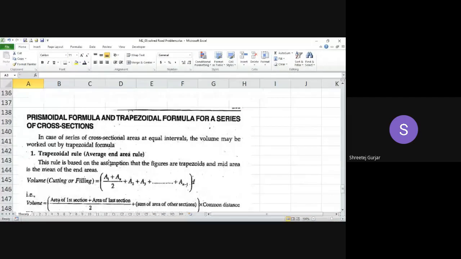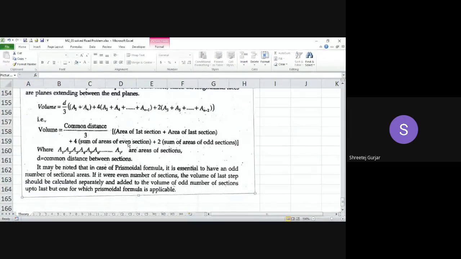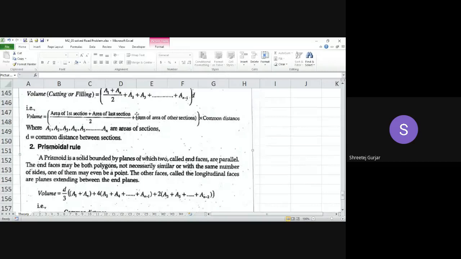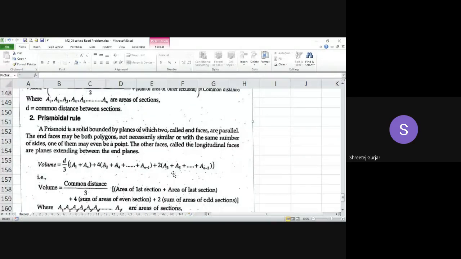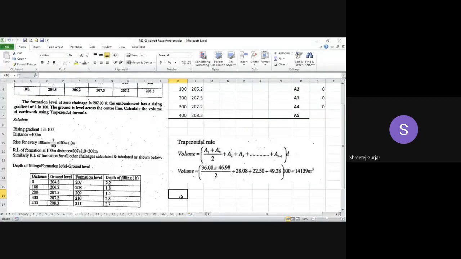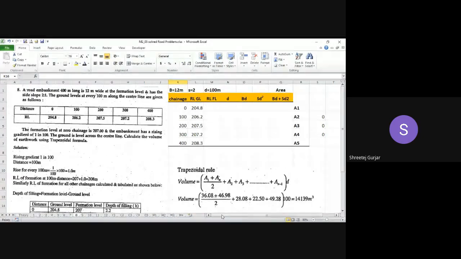So we'll look into how to use this formula. I think you have used this in your previous semester and solved it. This one is new for you, but the other formula you have solved previously. It is just a recall of what you have done in your previous semesters. So let us just solve this now.